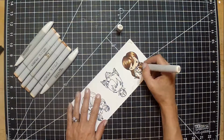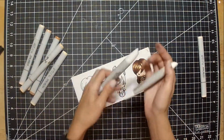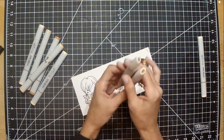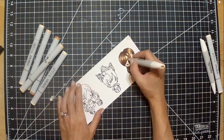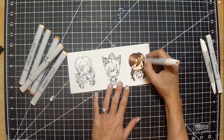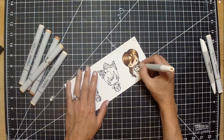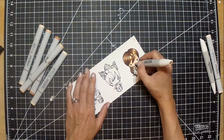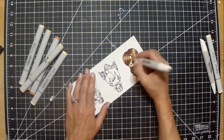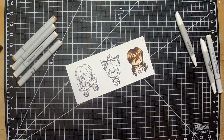I don't want to forget her belly, her neck, and her arms. Now I'm coming in with these Nuvos. I love these Nuvo markers, and this is their skin trio. I'm only using 2 of them, but you cannot go wrong with these. They're meant to blend together. So if you use them as the package gives them to you, it's a fail-safe. They blend perfect. So here I'm just adding some shadows under her bangs, adding that nose, and now I'm going